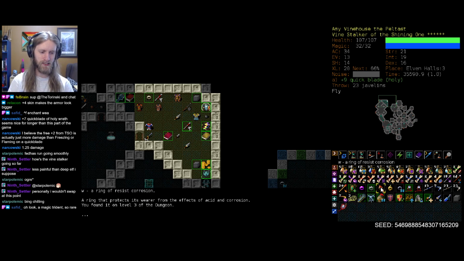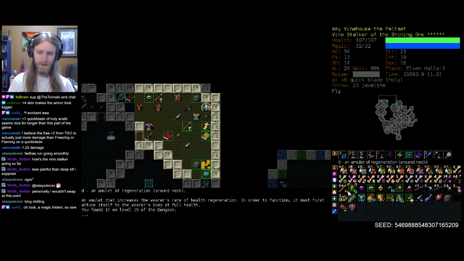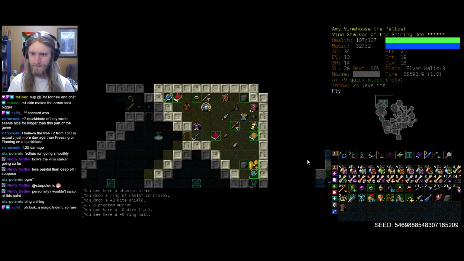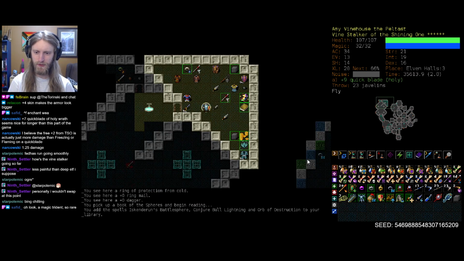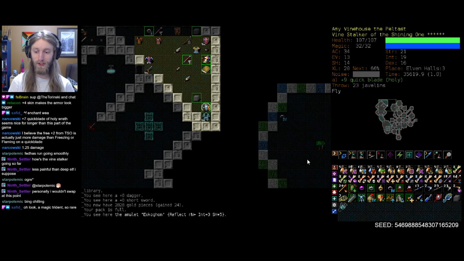We have decent evocations training, so this is exactly what I was hoping and dreaming of. Let's pick those. Protection from cold? I don't think so. More. Box of summoning. Ooh, and if I was wanting a reflection brand,